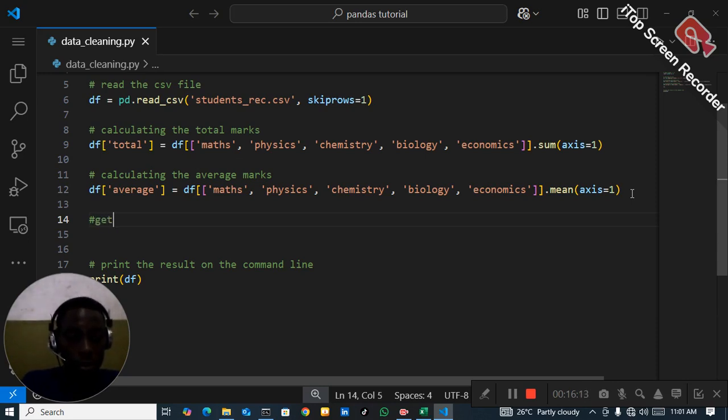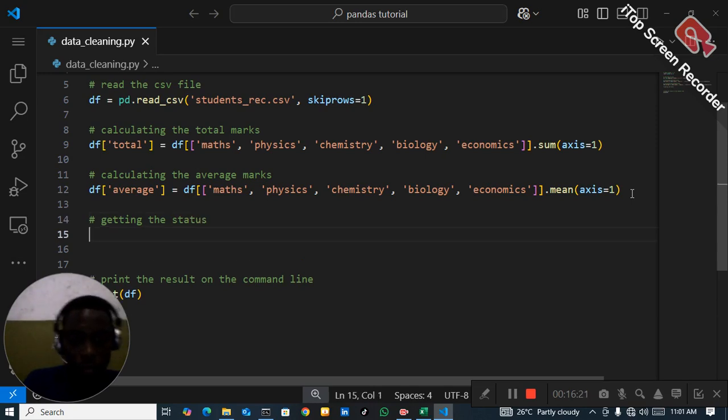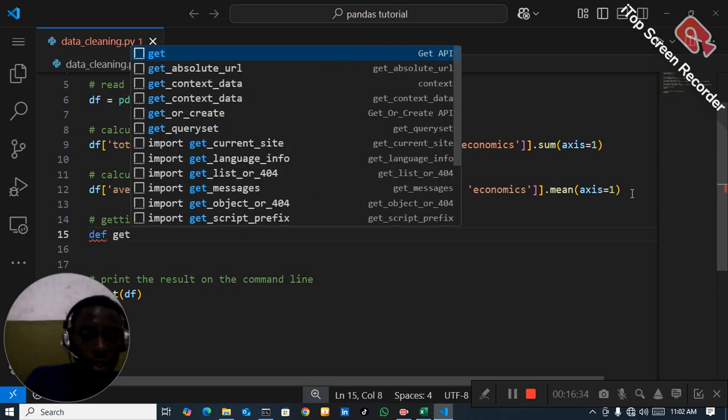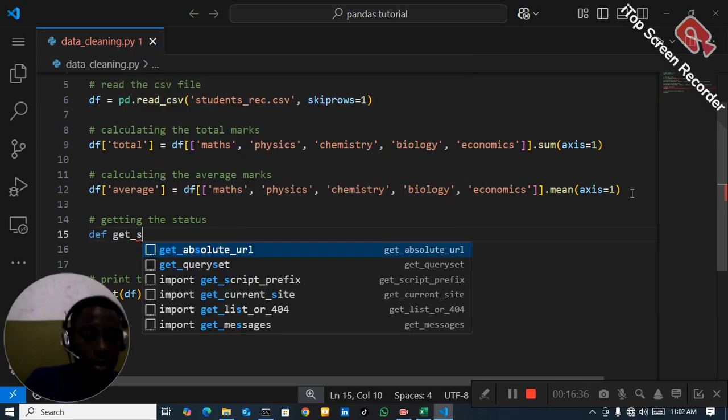Getting the status. Okay, before getting the status, I need to create a function, because I'm going to use the pandas apply method. The function get status,